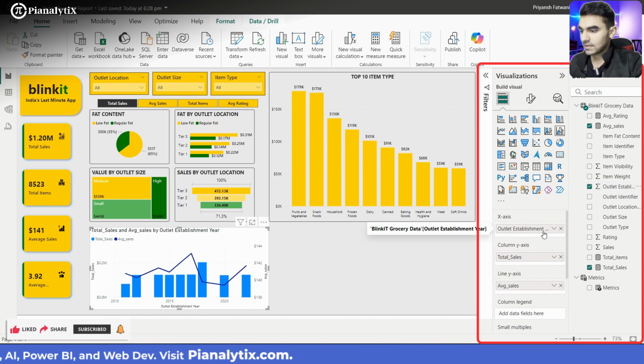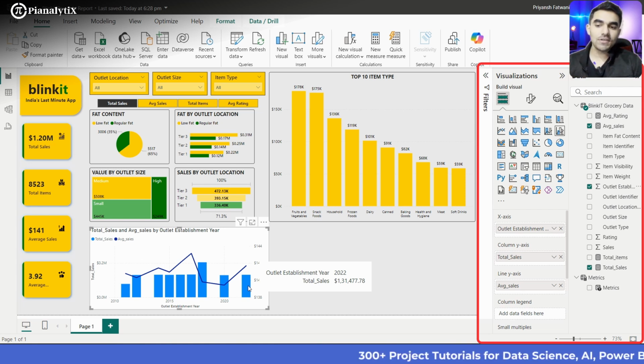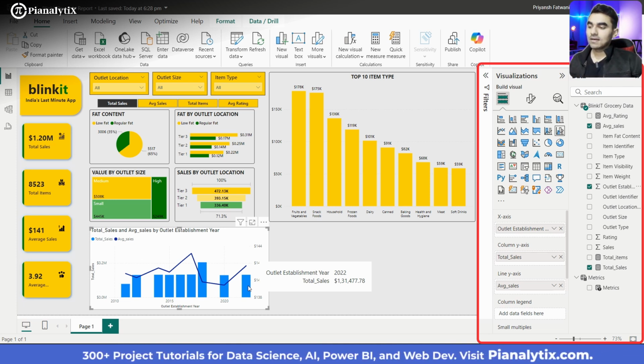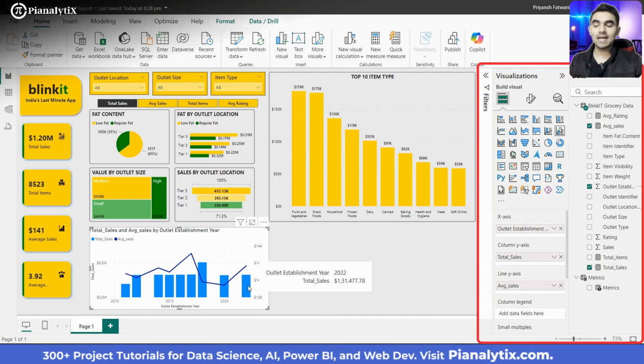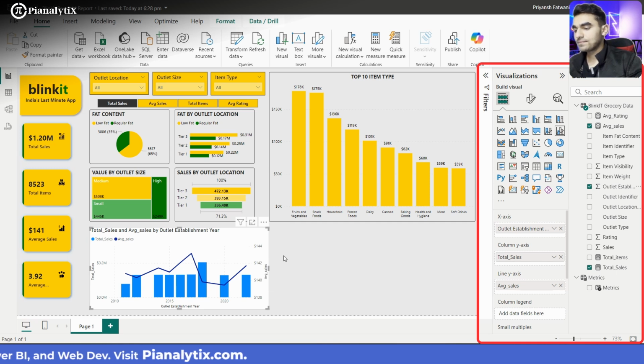here. Yeah, perfect. So basically this chart gives us the visualization between the average sales and the total sales of a particular outlet which was established in years. Like the columns are expressing the outlets which were established in a year. So let's say in a particular year, the outlets which have been established are giving very low total sales but high average sales than the other. To be able to visualize that, we are creating this chart, which is a line column chart, and